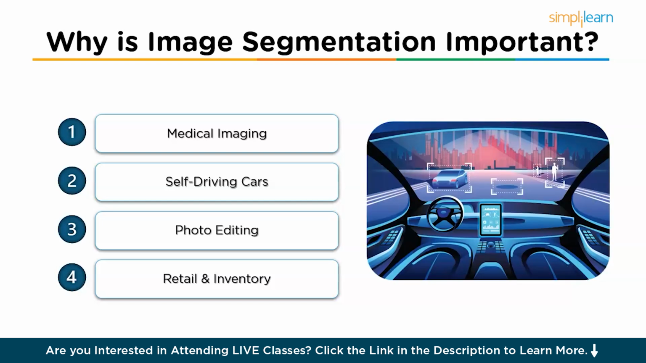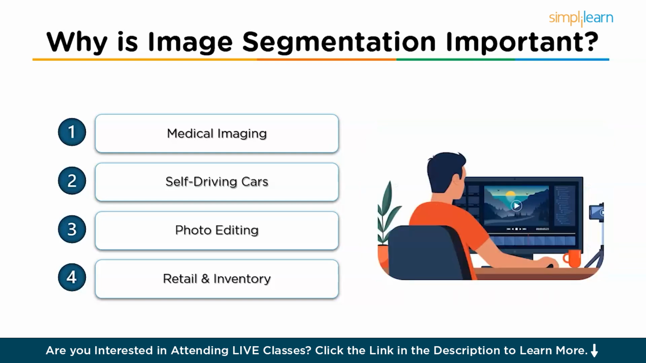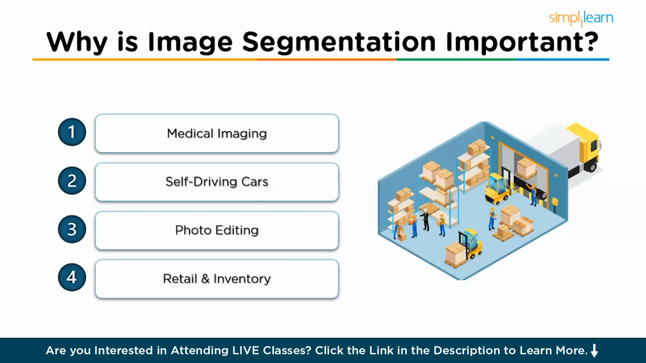It is also used in self-driving cars where it can identify roads, lanes, pedestrians, and traffic signs. It is also used in photo editing where it's helpful in removing backgrounds or applying effects to specific parts of an image. And it's also used in retail and inventory for recognizing different products on shelves. So in short, segmentation lets AI see images more like humans do by identifying shapes, boundaries, and regions rather than